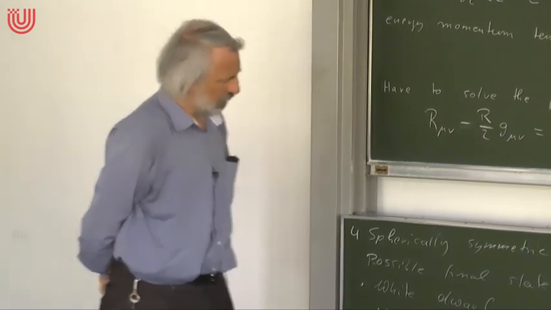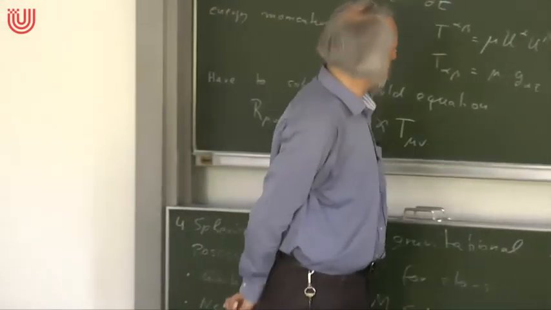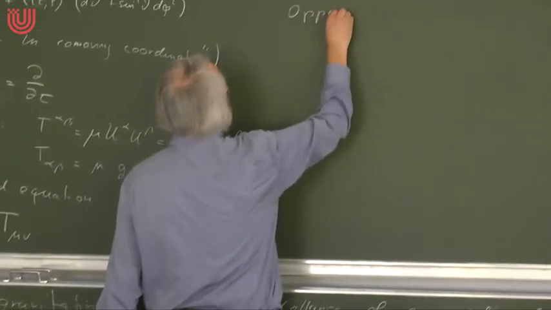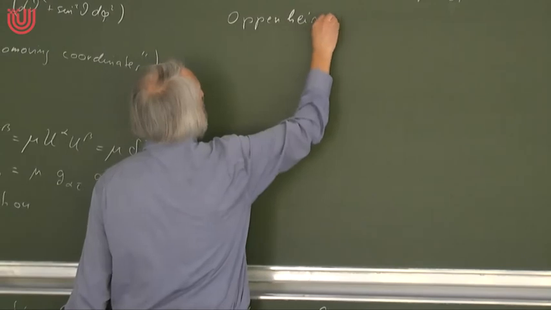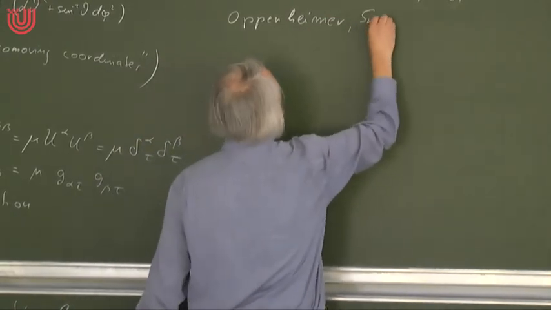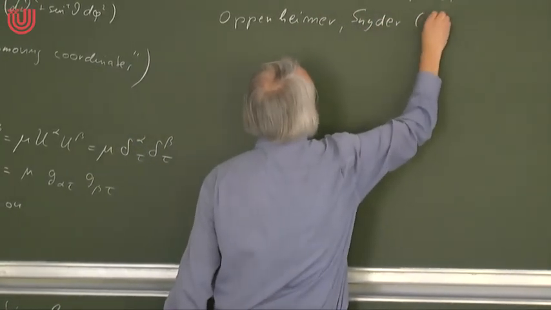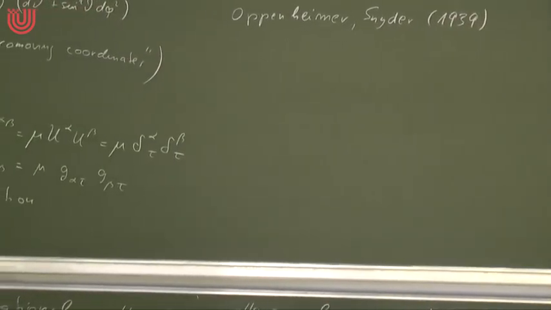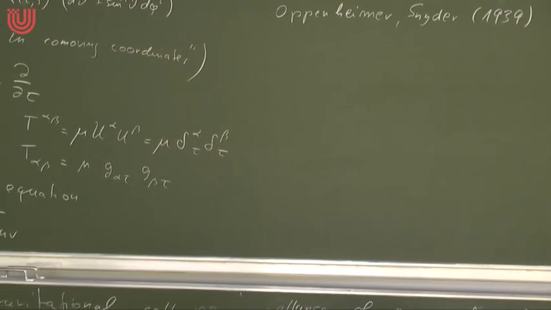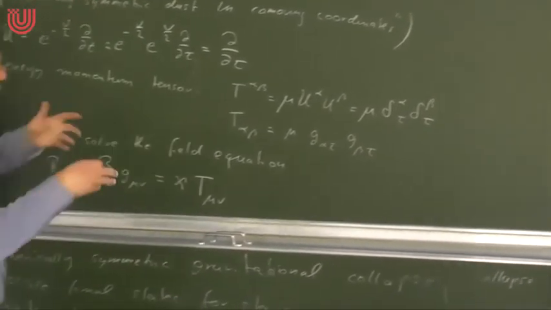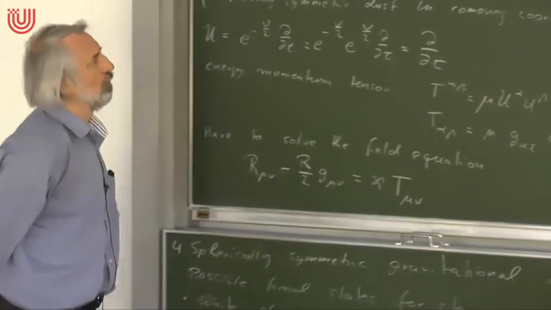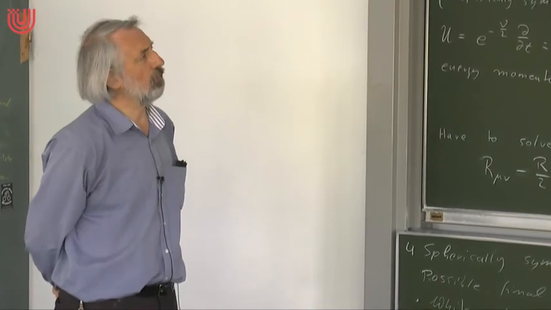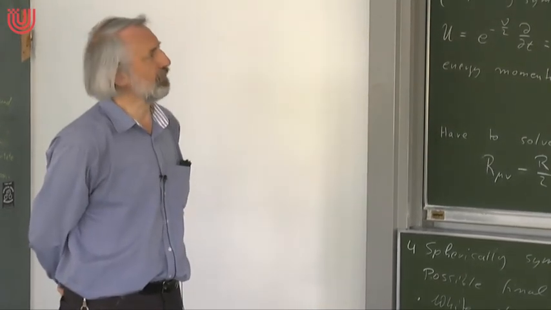And if you are interested in reading the details, as I said, this was done by Oppenheimer and Snyder in 1939. The paper is very well readable. It's a very nice and understandable paper. And also the discussion is actually very deep. I think there are not many papers from this time where also the geometric discussion of a solution is so well written and comparatively easily understandable.